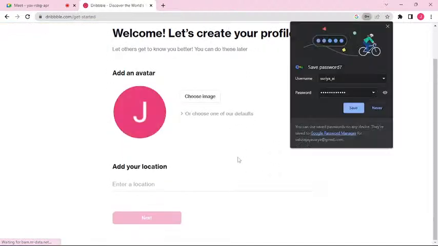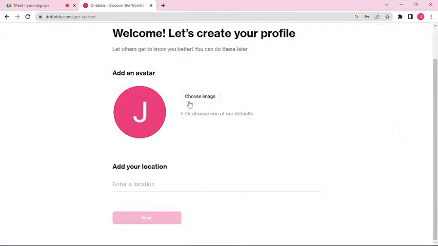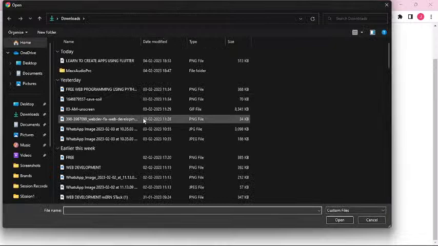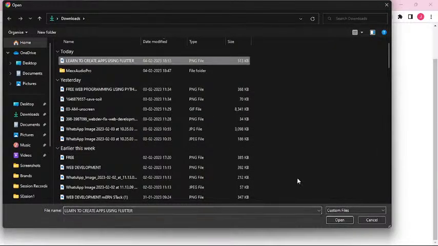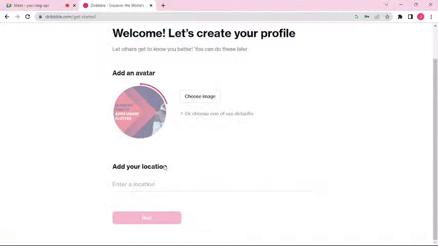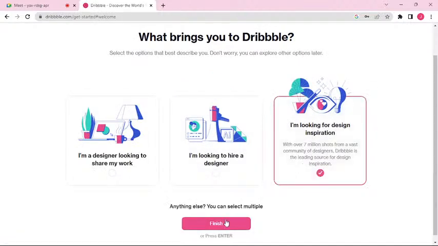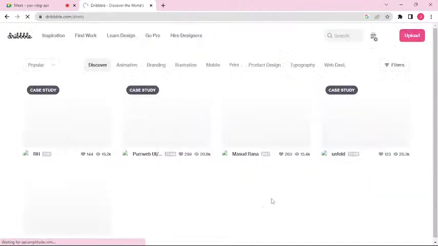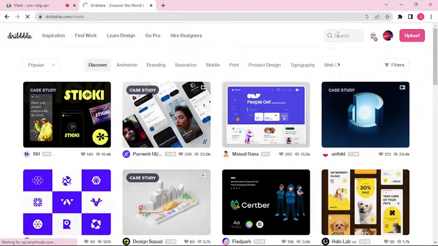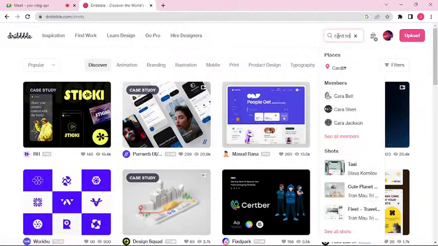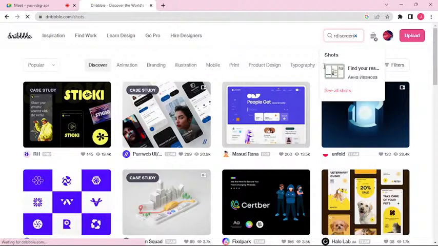Pinterest also gives you these. Arey yaar, it's asking for an image. Let me choose. See, now if you search for, let's say, card screen, now you tell me whether this is a stateful or